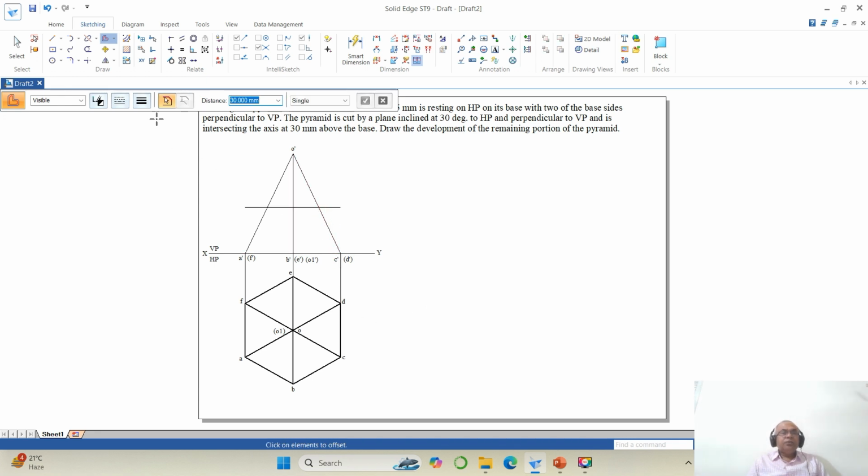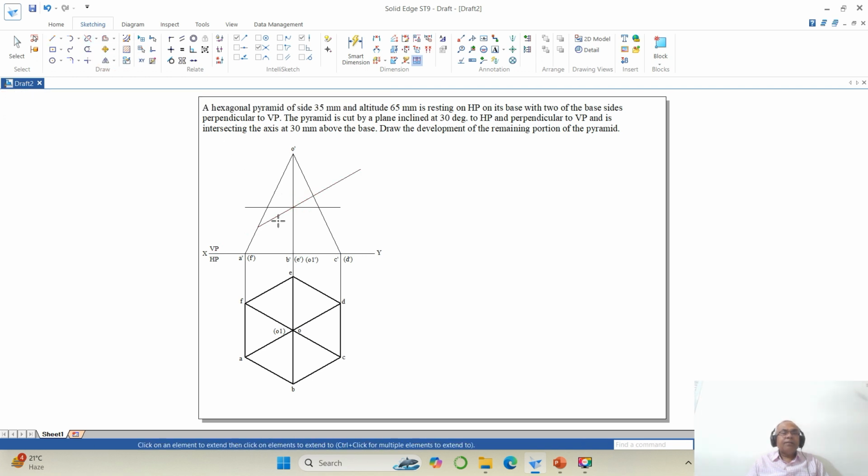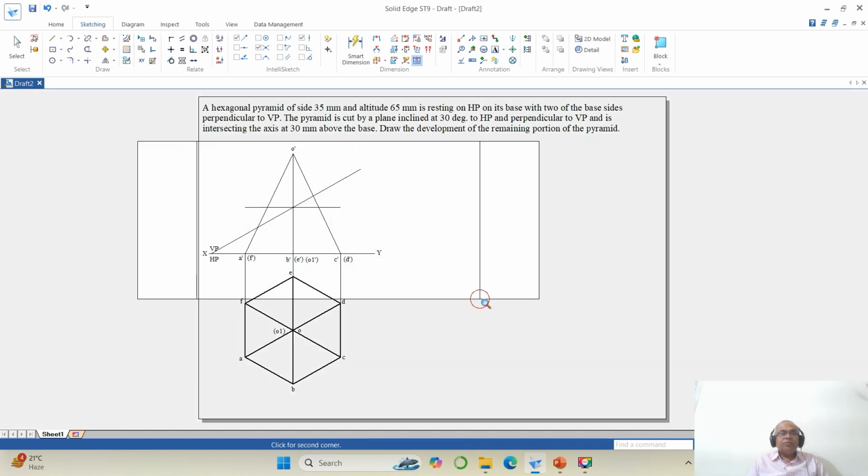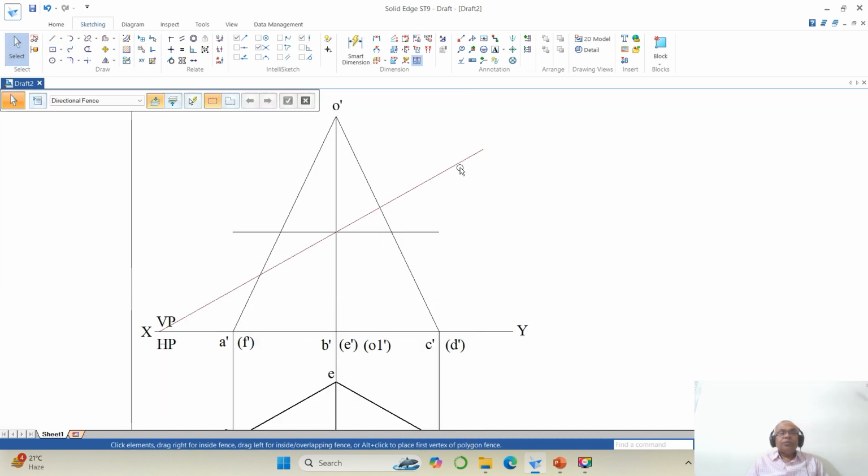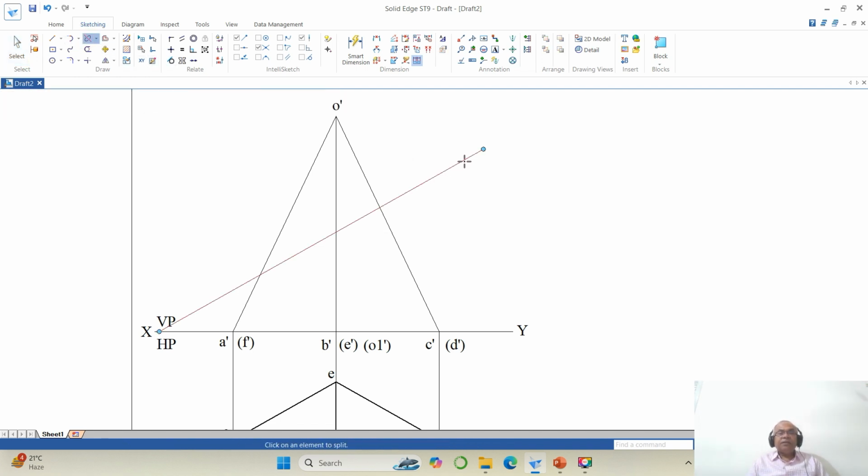Okay. Then you go to line, draw a line from the intersection to take 50. Angle is 30. Correct? 30 degrees to HP. And then you go to extend to next. Okay. Then you come down to go to zoom window, then go to delete, then similarly you go to split